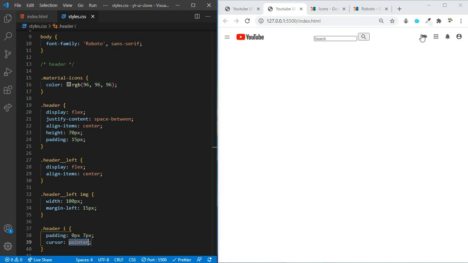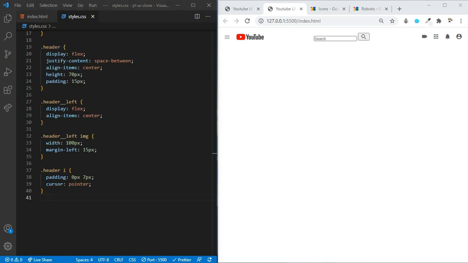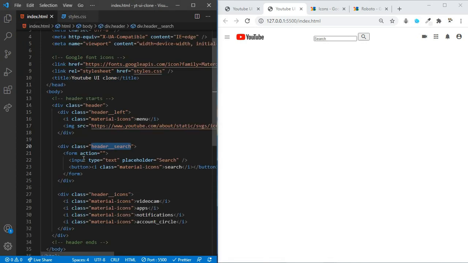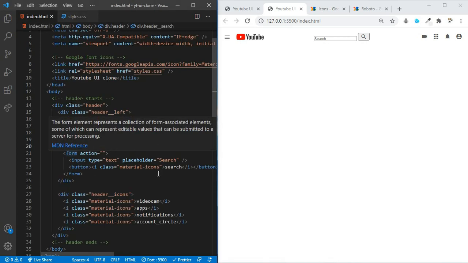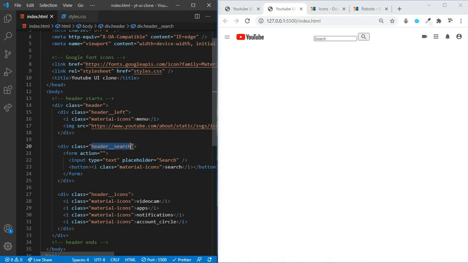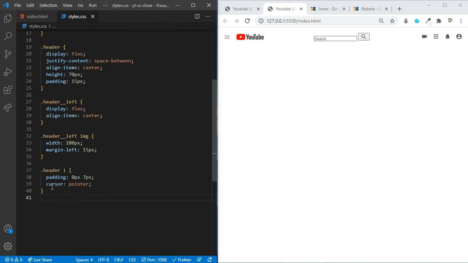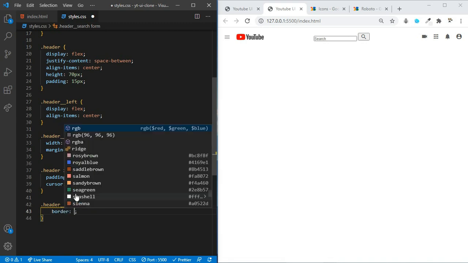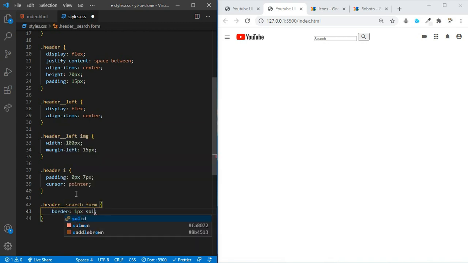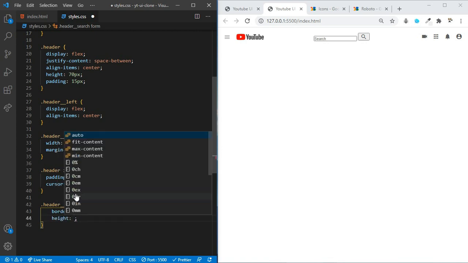Okay, now let's target the form that is present inside the header search. So now let's target that header search, and we are going to target the form. Let's set the border to 1 pixel, solid, this color, and height to 35 pixels.